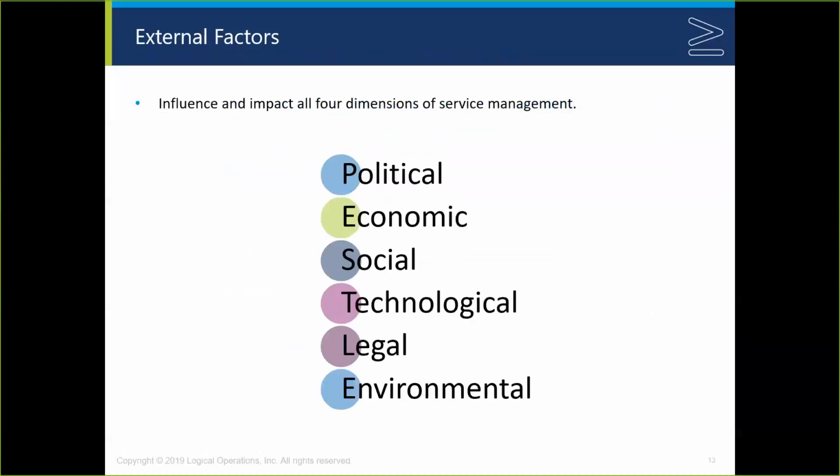One other thing that they've done in the 4 dimensions approach is identified what is called the PESTLE model. It's effectively saying that political factors, environmental factors, economic factors, and so forth affect how the various 4 dimensions work together. So we have certain legal constraints on what we're allowed to do. There are certain economic issues that may affect how much we can do. There may be environmental considerations and how not to create waste that would create environmental degradation, and so forth and so on. And these always affect how we consider and think about what we do.